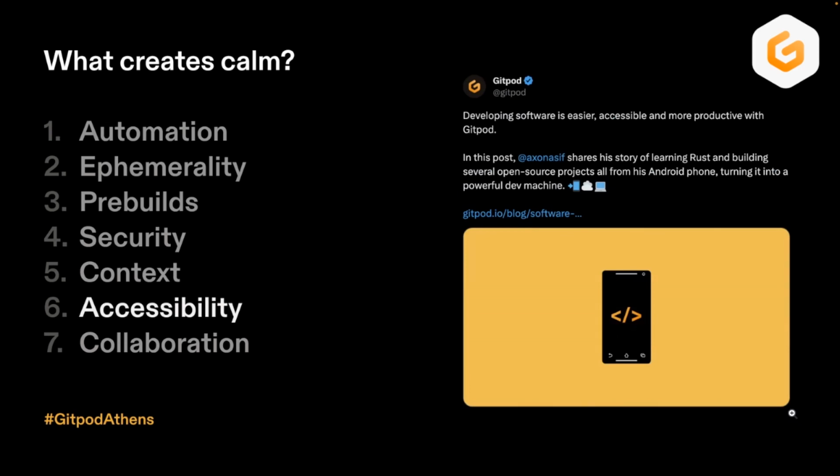Accessibility, as I shared with my colleague, opens up a lot of opportunities to learn how to code, and you can literally code from anywhere because one of our main IDEs actually lives in the browser, and that's VS Code in the browser. But we also support your bigger IDEs, so JetBrains and VS Code.